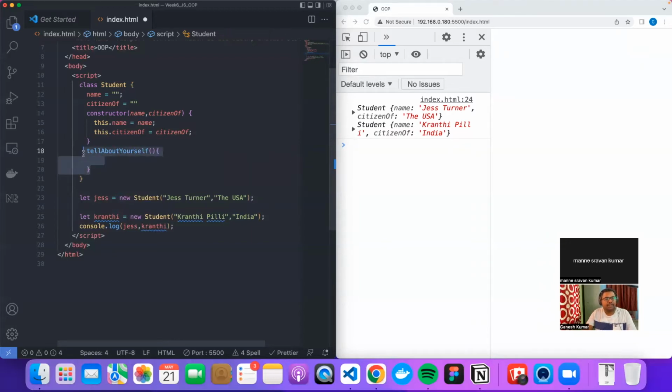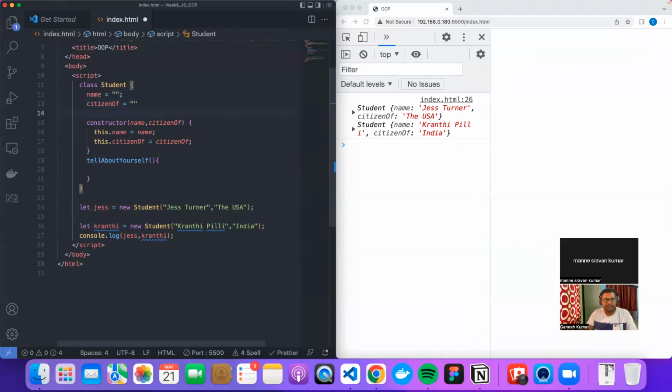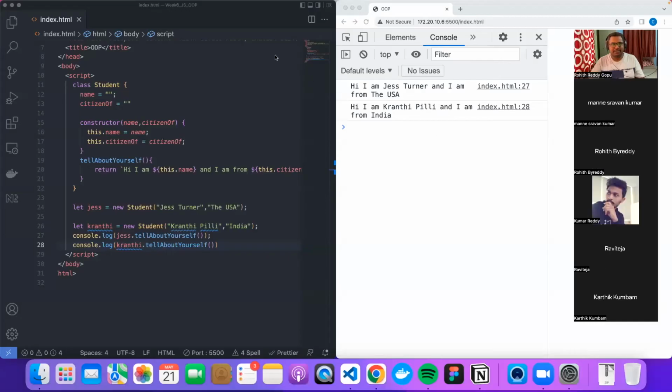I'm adding a method on this object for the first time. This is how you add your properties onto the object. Remember, objects consist of properties and methods. So this is the basic syntax of creating properties, and this is the basic syntax of creating methods. So always look for that syntax. First step to understand any program is